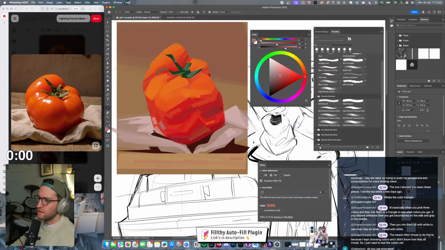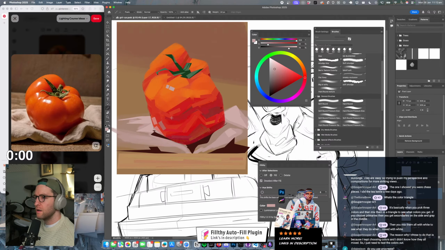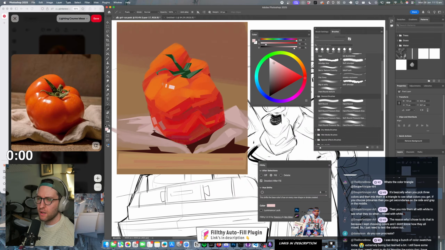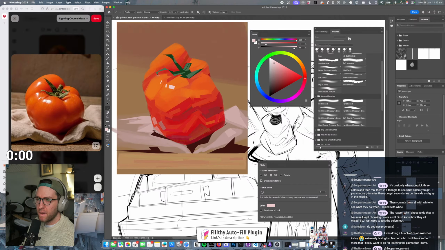All right, let's see. Let's play with the highlights. See if we can get something. Way too gray. Way too gray. Bam. Bam. Bam.